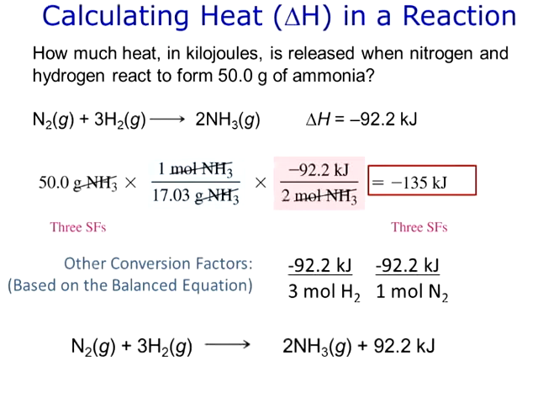So we have nitrogen gas and hydrogen gas in a balanced equation. We know that it's balanced because we see the coefficients with 2 nitrogens on the left, 2 on the right, 6 atoms of hydrogen on the left, 6 on the right, balanced equation, to give us ammonia. And we note that the delta H is minus 92.2 kilojoules based on a standard table that we looked up.